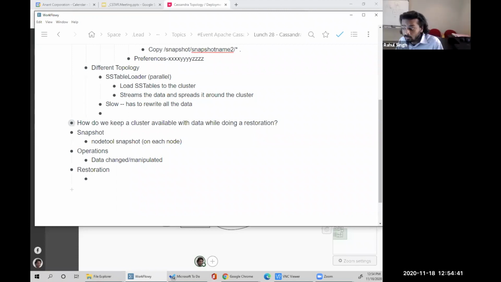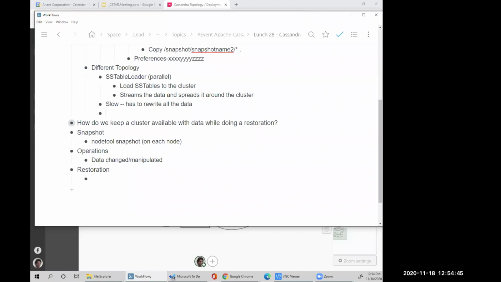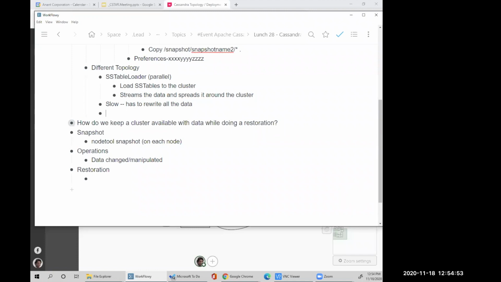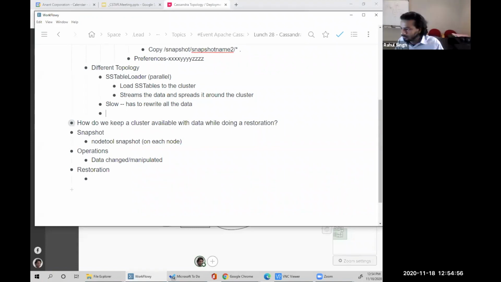The newest data is always going to take precedence. How will it know which one is the new one? It won't know. That's what I'm saying. Whatever you wrote last is the latest data. That's how it knows. Yeah, it will take the latest data. As far as I know, I have not really verified this, but basically SS table loader does